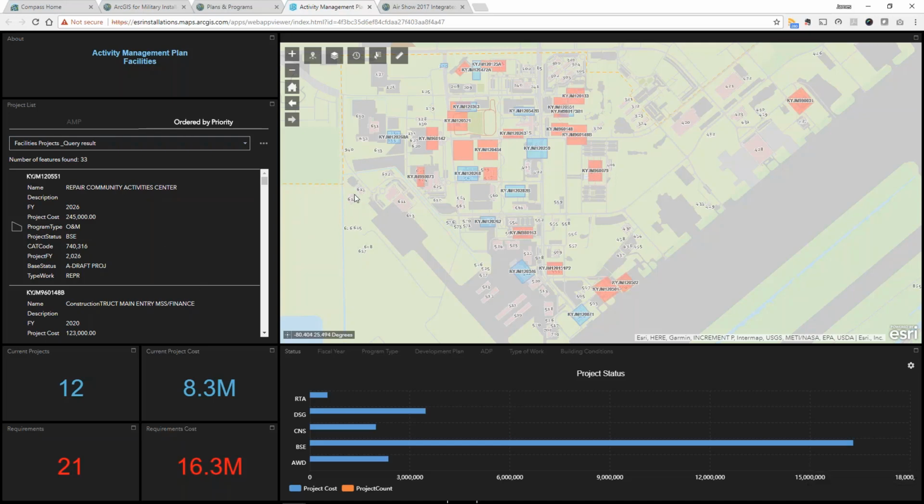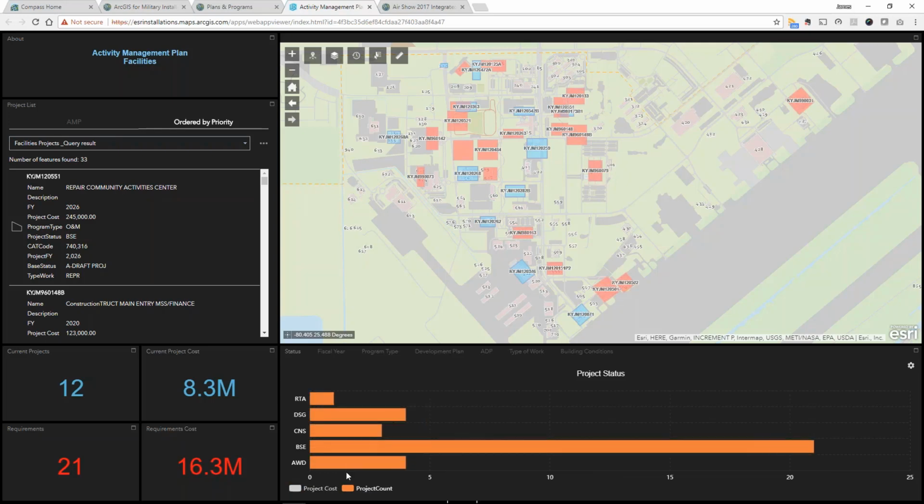This deals with key priorities for the base, and it's looking at current funded projects and unfunded requirements, and I can look at those in two different ways, from a project cost perspective and a project count perspective. So if I lose the project there, I can look at the different statuses that my projects are in, and it's kind of hard to see on the screen, but as I move across these, I get a halo around some of those projects. So what's in design, construction, what has just been awarded, and I can do that across